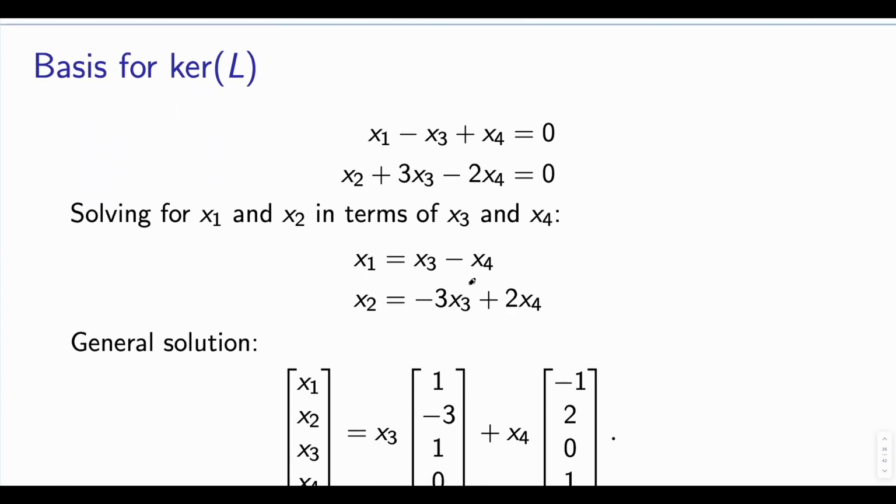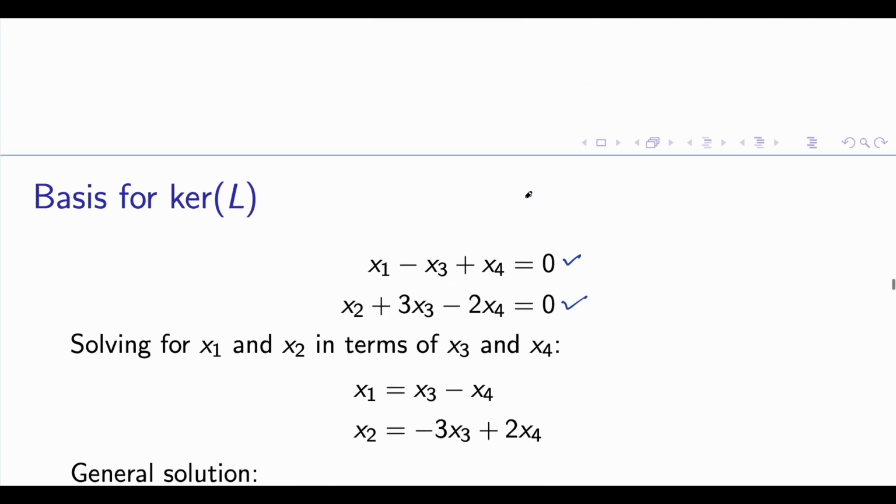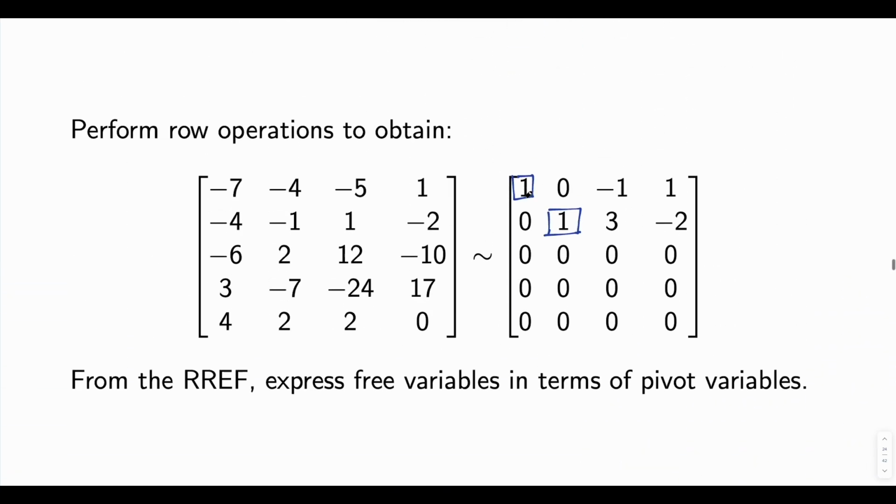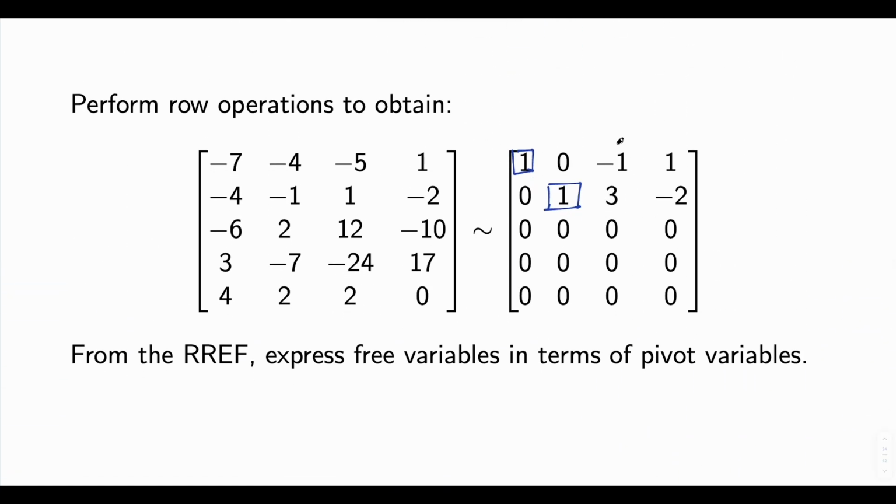After solving this, we are going to get two equations, right? And if you see here, the non-pivot columns are these, which correspond to x3 and x4. So x3 and x4 are treated as free variables,